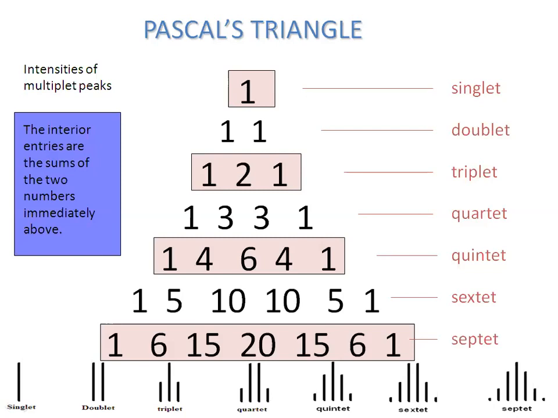Now here in this case, it's not difficult to learn Pascal's triangle, because when you see at each level, each row, you can see that one number is added, and at each corner you have 1. So at extremes you have to write number 1, and the middle number is the sum of the upper two numbers. So here you can see 1 plus 1 is 2, 2 plus 1 is 3, and here 3 plus 1 is 4, 3 plus 3 is 6, and this is the way it's very simple to draw the Pascal's triangle. And this Pascal's triangle is going to give us a hint about the relative line intensities of a multiplet.